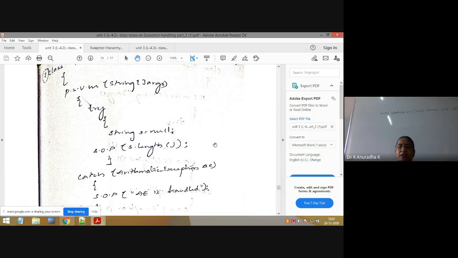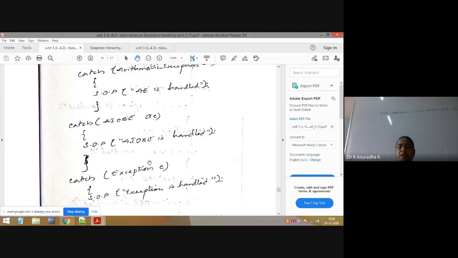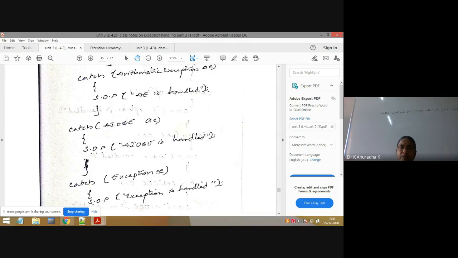So we can say this: NullPointerException is a subclass of Exception. Means if you write Exception here, it will handle any type of exception, because all the exception classes are subclasses of the Exception class, no? So if you write this Exception class, it will handle any type of exception. That's why I have written it at the end. See here,